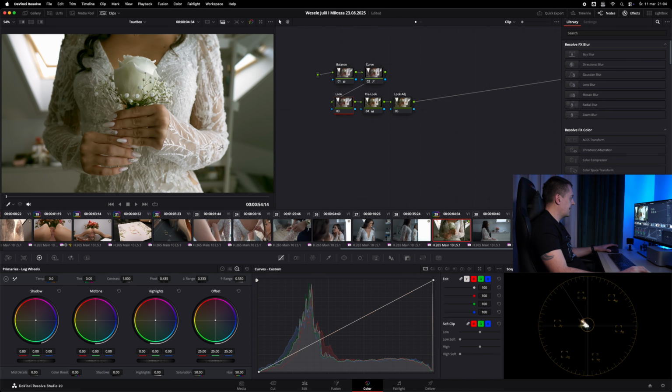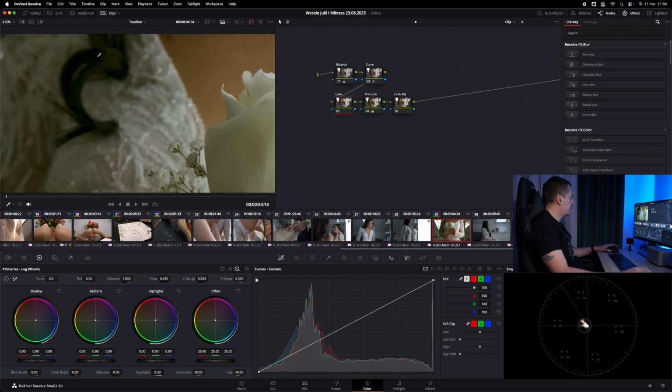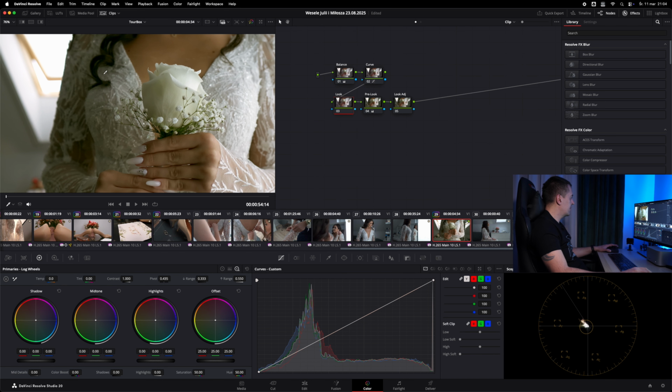Okay, let's stop here. And we jump to our previous node, which is look, and we change here to our log wheels. And now we will go in the opposite direction that we already did. Look here at her hair. We need that to be black, not green. And by going into opposite direction, we are going to fix that.